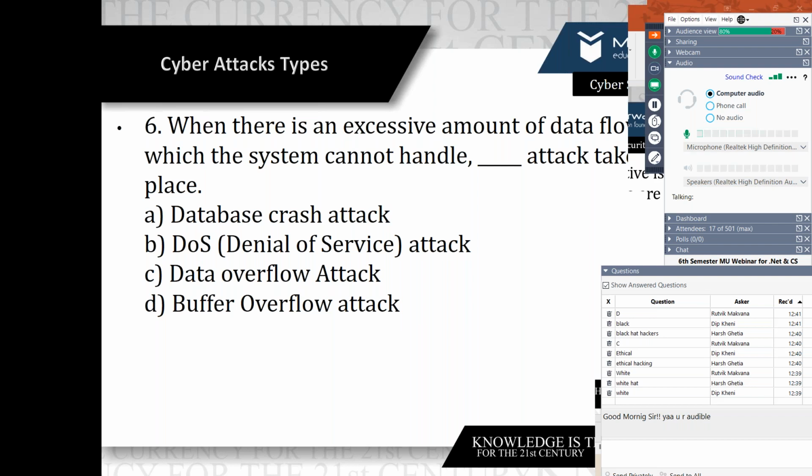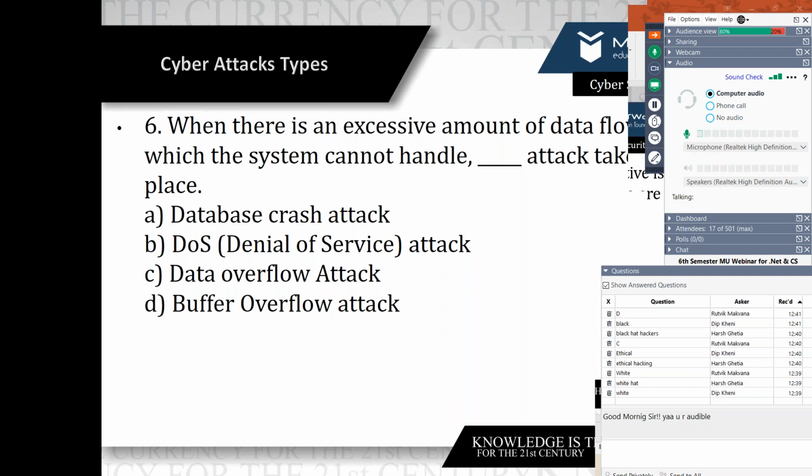It means that whatever the database capacity is, it has reached the extreme level. So the answer is buffer overflow, because a buffer overflow attack takes place when an excessive amount of data occurs in a particular server buffer which cannot be handled, and the data overflows into adjacent storage.